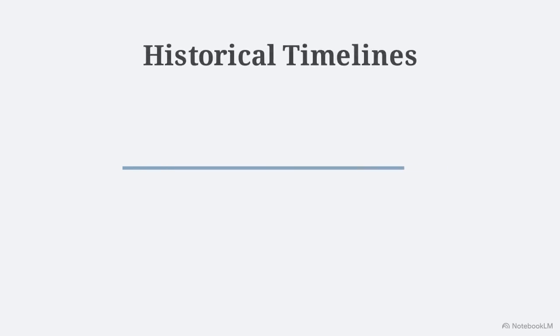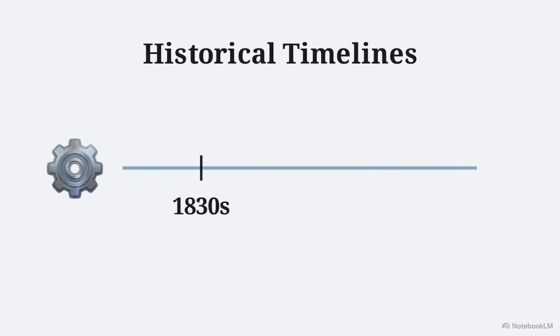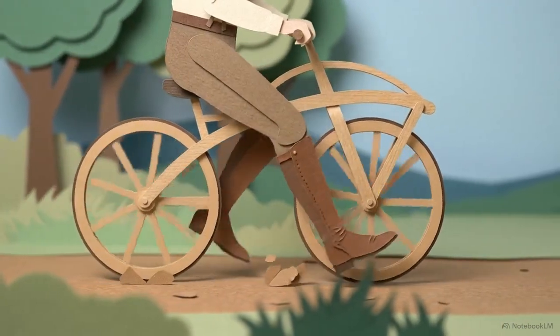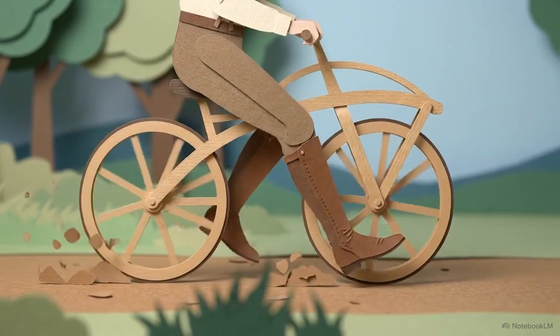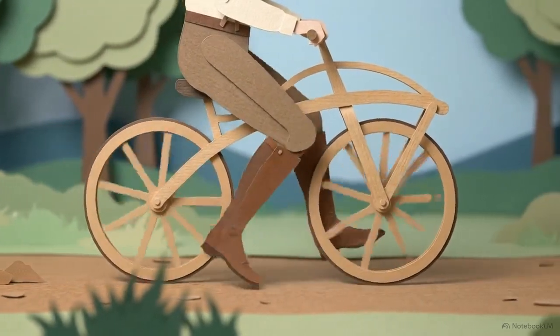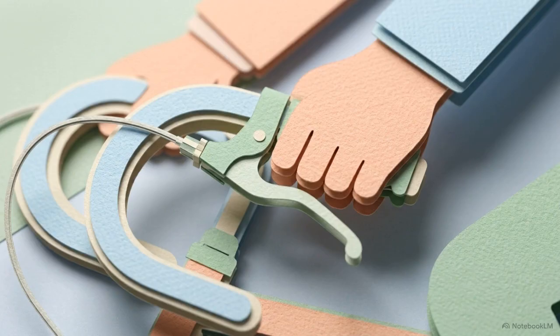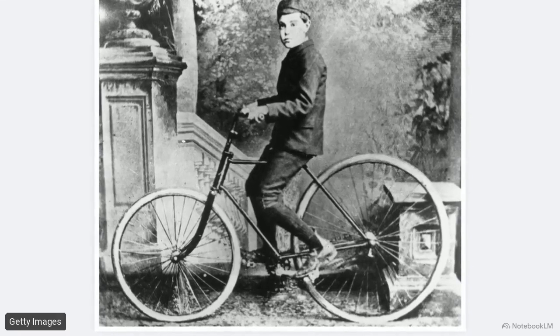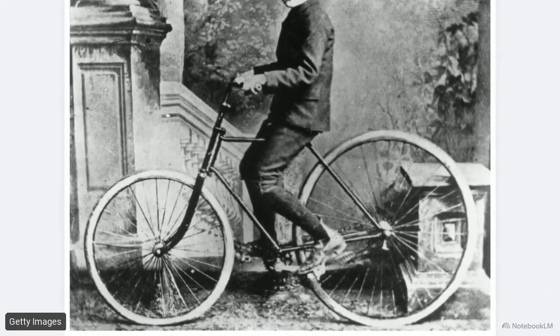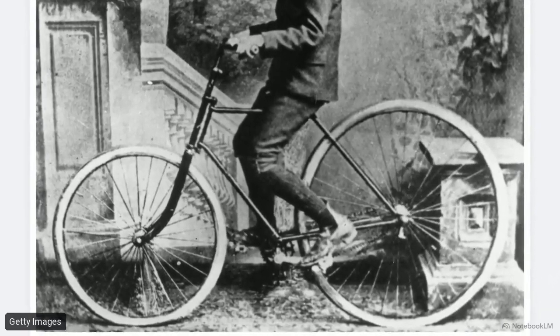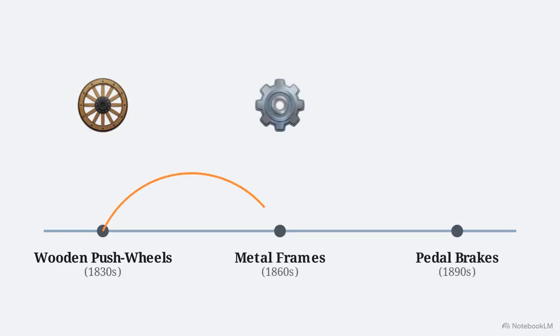The final domain tests your ability to track the physical mechanics of historical inventions over decades. Early bicycles from the 1830s required riders to push uncomfortable wooden wheels. By the 1860s, these designs upgraded to metal frames and integrated the chain and sprocket system. Later designs required specific mechanical adaptations for safety. On models like the velocipede, riders had to push the pedal backward to brake the rear wheel before modern hand gears were standard. Historical listening comprehension relies on mapping these specific cause and effect mechanical upgrades to a rigid chronological